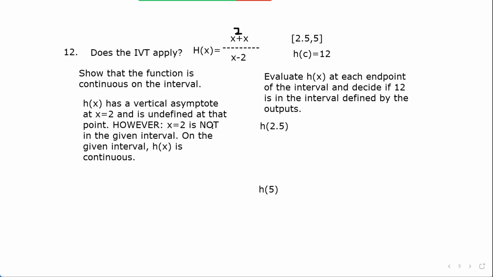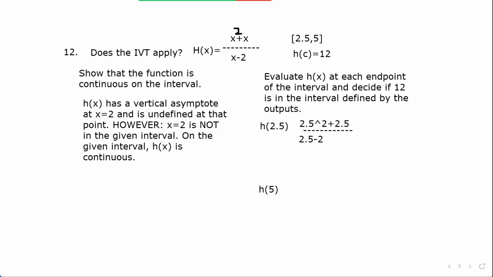So it goes 2.5 raised to the second power plus 2.5, and that's over 2.5 minus 2. And so when you evaluate that,